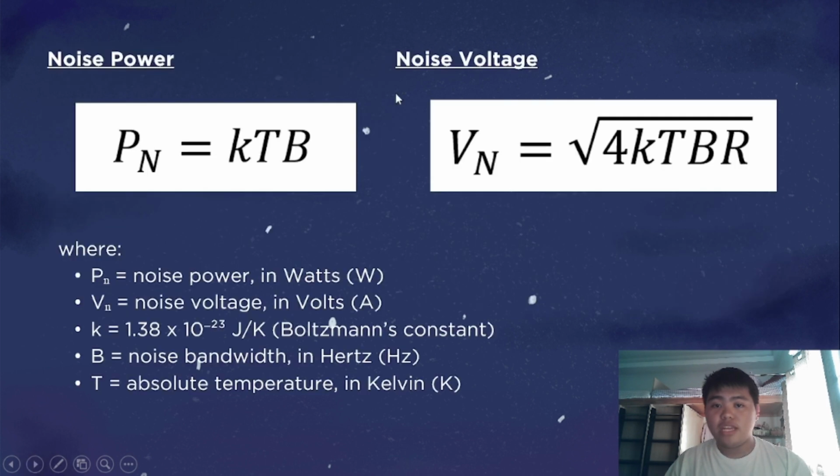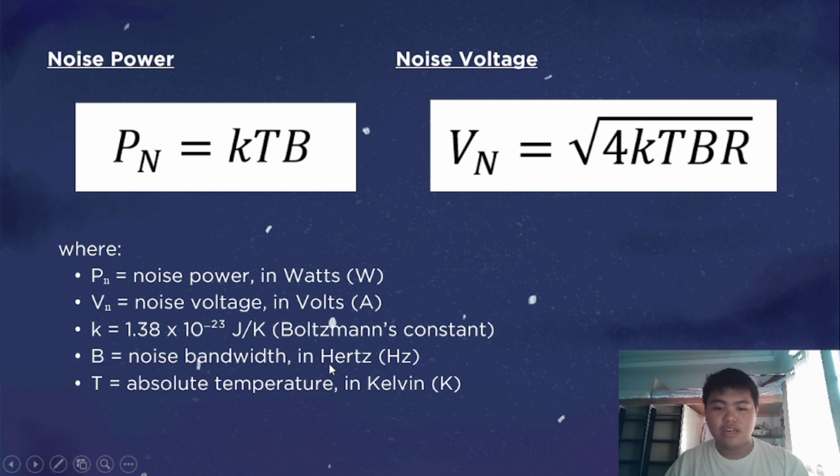So we have the given equations here to express power and voltage for noise in the given circuit. The noise power can be expressed as P sub n equals KTB, where K is the Boltzmann constant, a constant of 1.38 times 10 raised to negative 23 joules per Kelvin. T is the absolute temperature in Kelvin, and B is the noise bandwidth